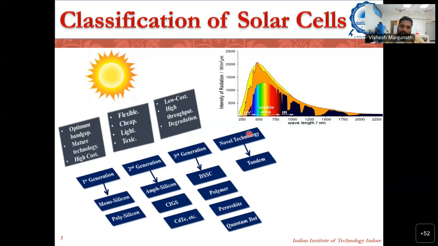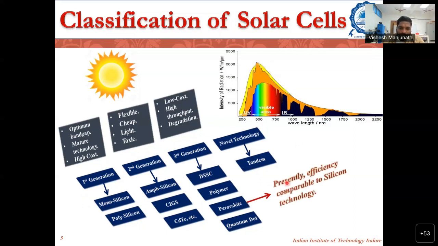Then we have novel technology where you mix different technologies, because every light harvester has a different band gap. Silicon cells have a band gap of around 1.1 electron volt. Polymers depend on the polymer. If you're using a particular dye, it depends on what semiconductor you're sensitizing the dye on, and what dyes you're using. In tandem technology, for example, people have made tandem solar cells with silicon as the bottom cell and perovskite as the top cell. However, we have to know